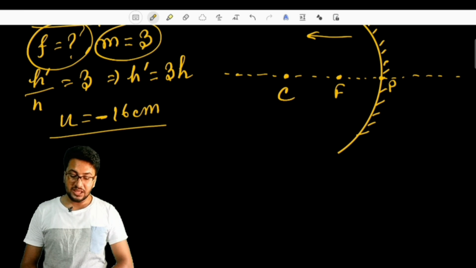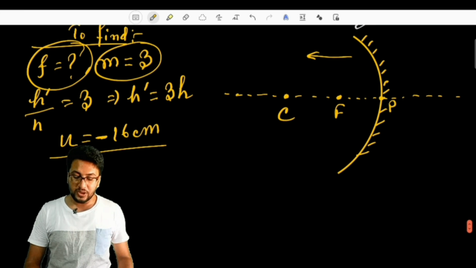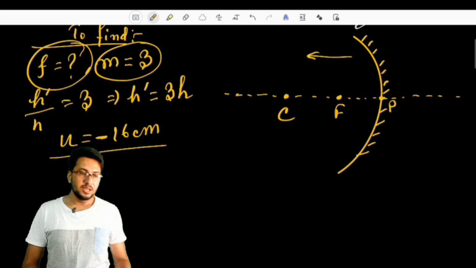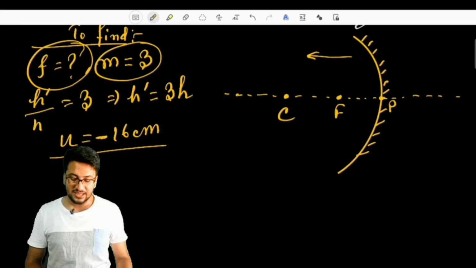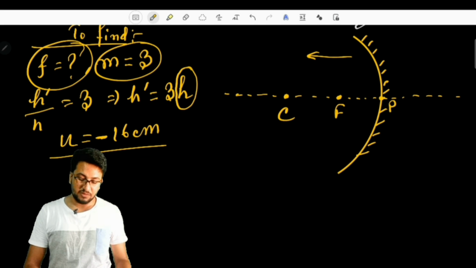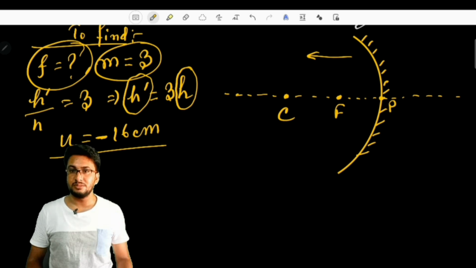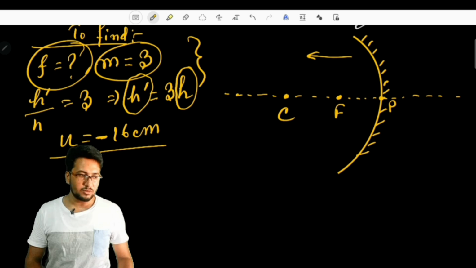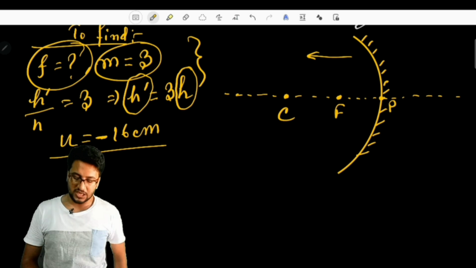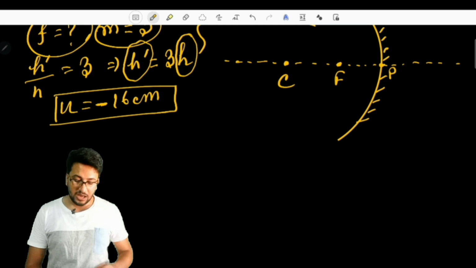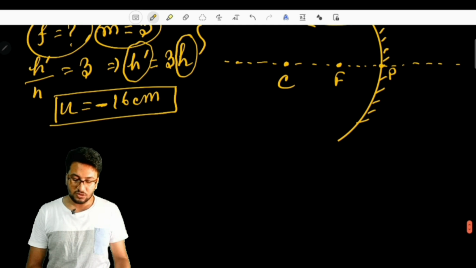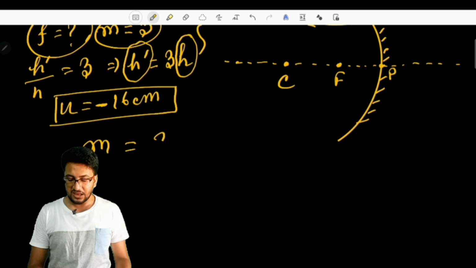And always when the image forming is real, then definitely an inverted image is going to form. And in that case, if the height of the object is positive, then definitely the height of the image will be obtained as a negative quantity. But we have not considered the sign convention in case of magnification here. Let's see what will happen. The magnification will be sustained automatically. Now, what can be found out from this case? The magnification is given as 3.